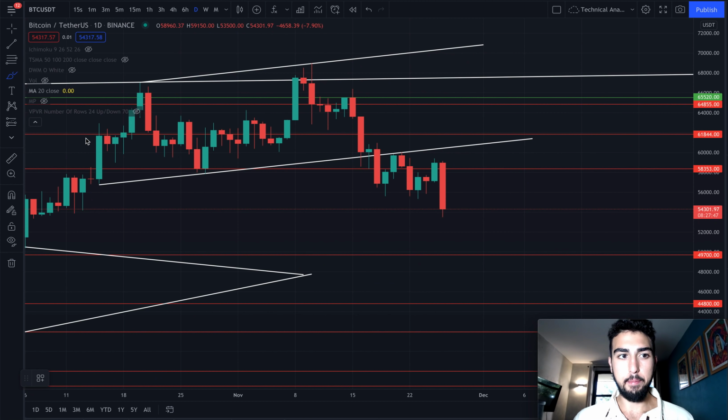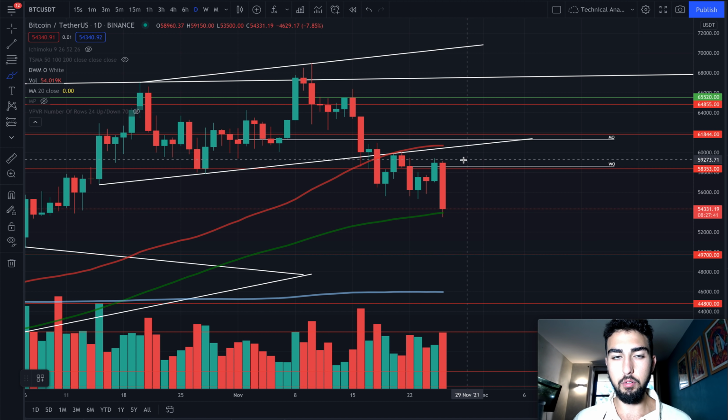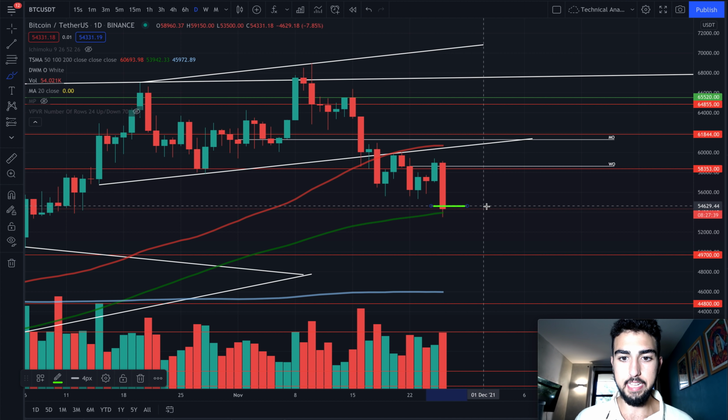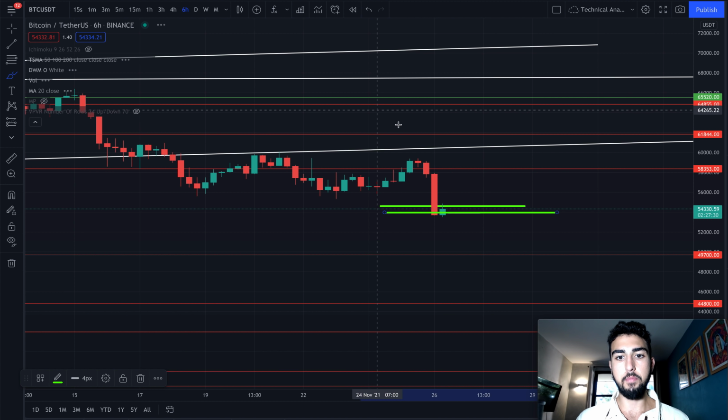Snipers, you have to see what's happening to the Bitcoin price this Friday as we have a very big red candle down 7% with a low of 53,500 testing the 100-day moving average here for Bitcoin. And today we're really going to clean up this mess and look at all important time frames, starting with the